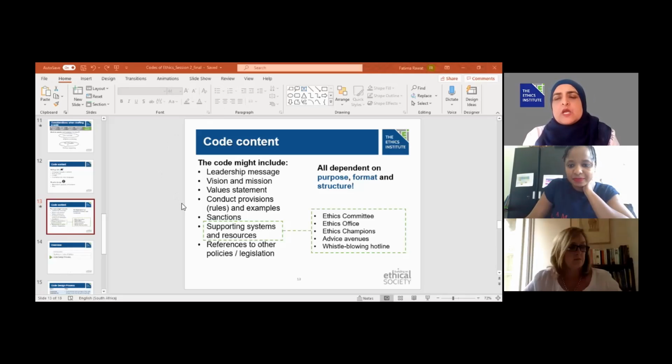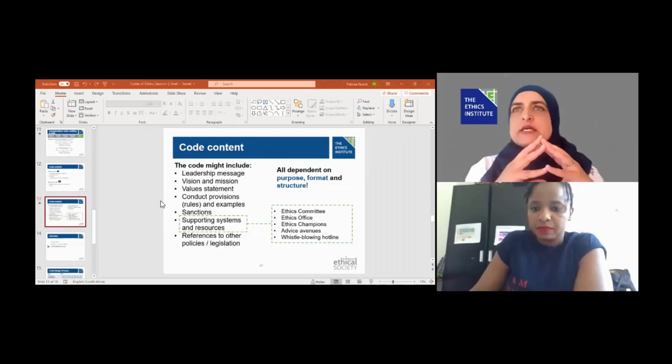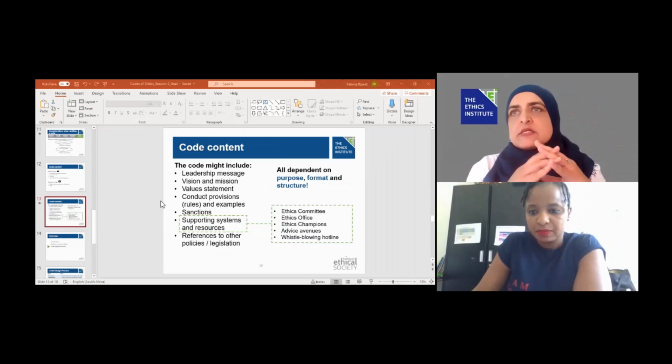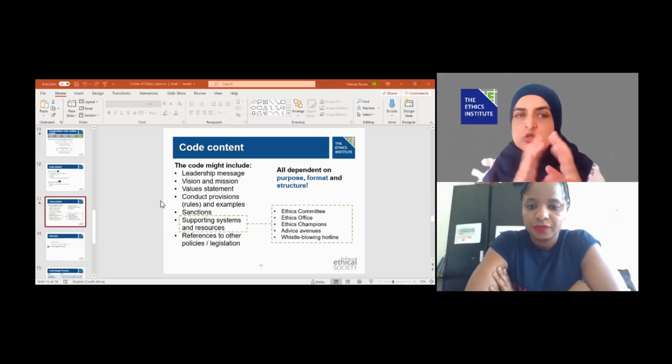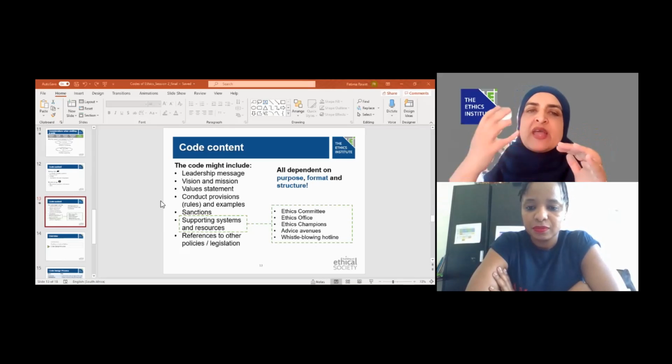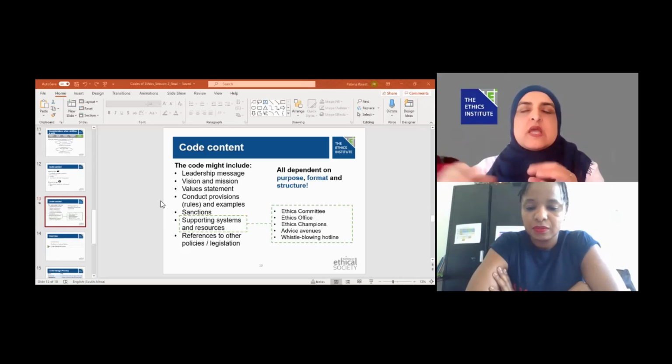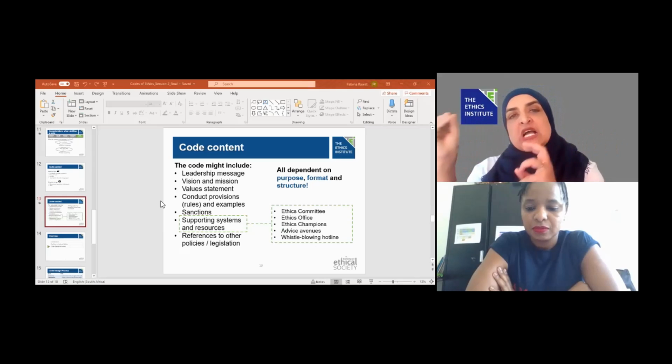So, essentially we say the Code of Ethics embodies, if I may use the word, it's overarching, it summarizes what we're about, what does good look like in our organization. But it is, as Javita also mentioned, a short summarized document. You will then have a set of policies and procedures that will flesh out the way in which we do things in some more detail.